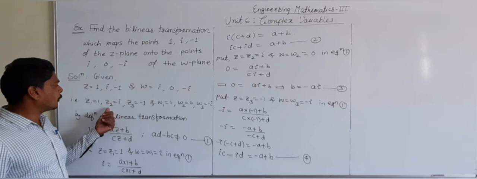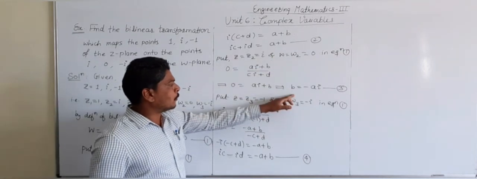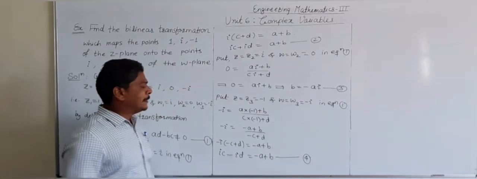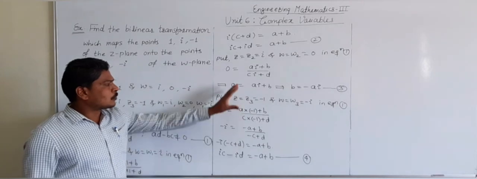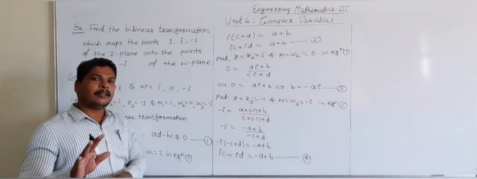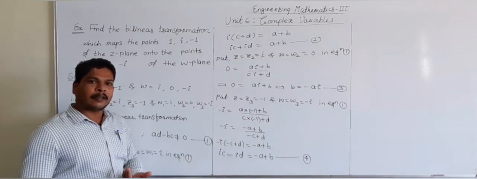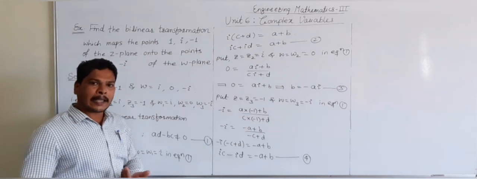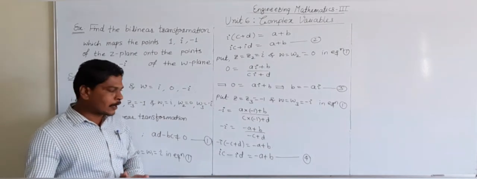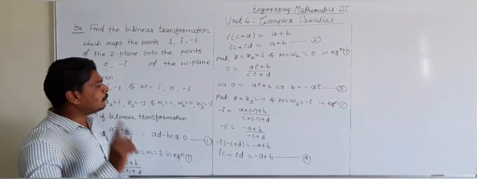And now nothing is remaining for substitution. So use these 3 equations, equation number 2, equation number 3 and equation number 4, for finding the value of A, B, C, D. So most of the time we are writing these variables A, B, C, D in the form of any one of these A, B, C, D. Either we are writing B, C, D in terms of A, or we are writing A, C, D in terms of B, or we are writing A, B, D in terms of C, or we are writing A, B, C in terms of D.